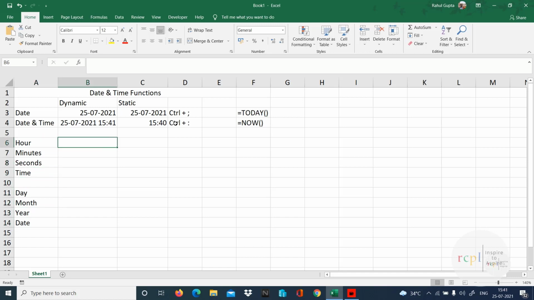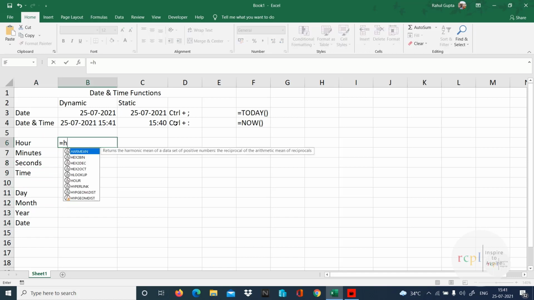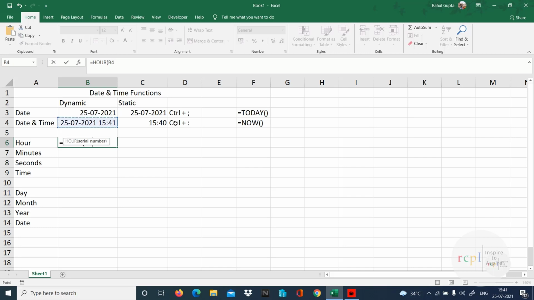So let's get the hour: =HOUR. Whatever time has been given, accordingly you take it out. I am going to use the output of NOW to take out the hour. I'll select this, close the bracket, press enter, and get 15 hours.